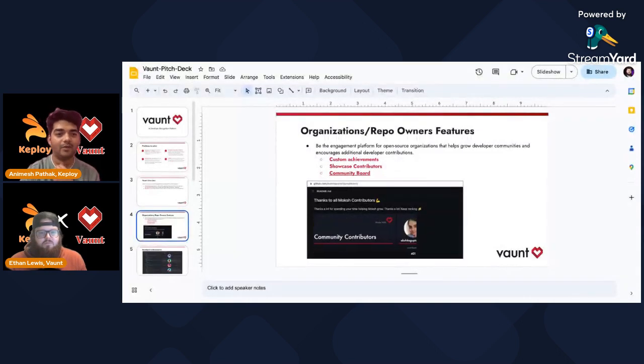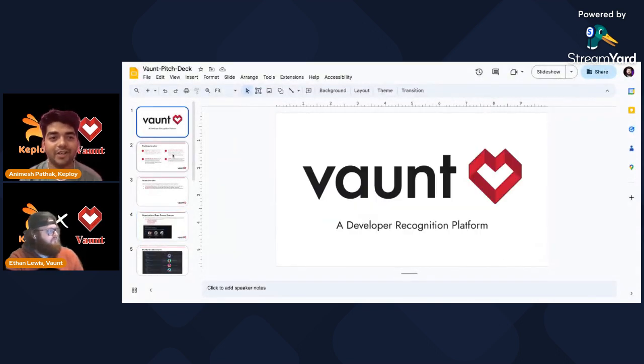Meanwhile, I want to ask: could you share something about Vaunt and how it's helping empower developers, since this is a month for developers to get started with their journey? Yeah, absolutely. We set out to build Vaunt a handful of months ago. We recently launched, and we're about 8 months into the organization. Our main focus area is how we can build developer recognition programs for organizations in the open source world, but also for developers themselves to showcase their contributions.